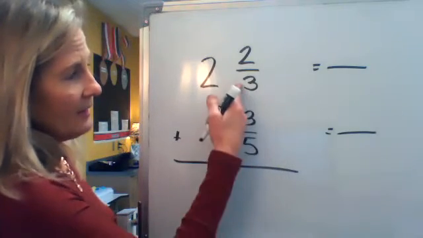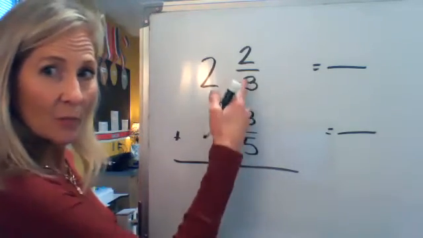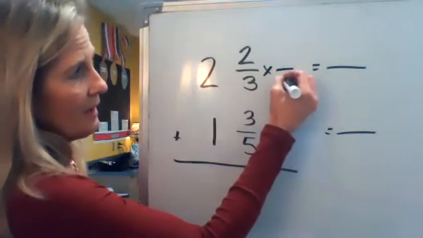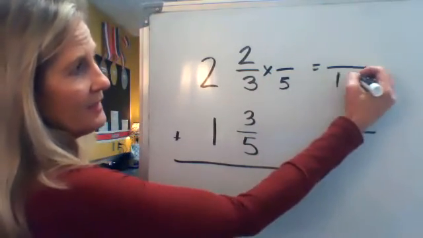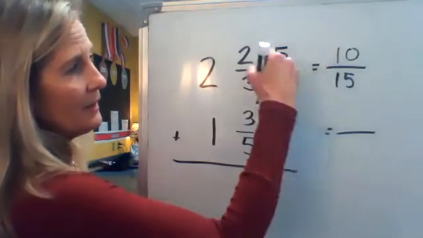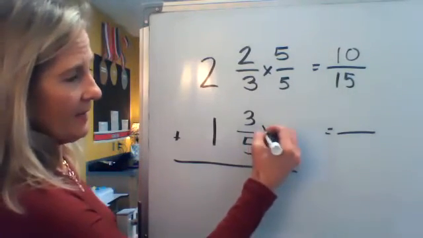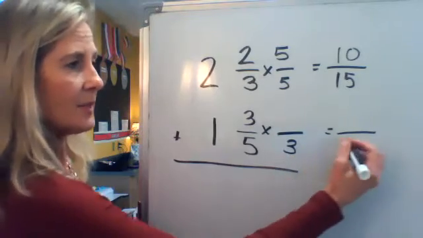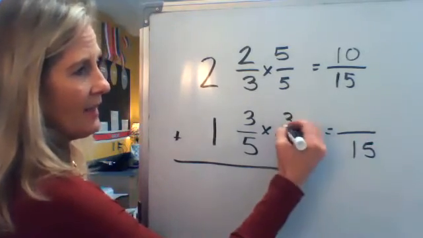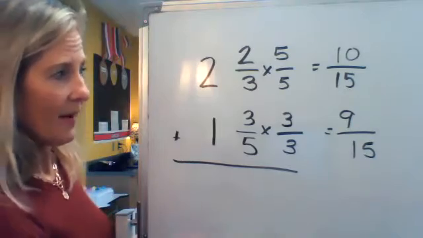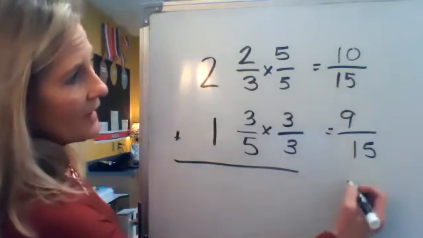I know that 15 is a multiple of both 3 and 5, so I will do that. 3 times 5 is 15. And I also will multiply the numerator by 5. And then down here, I need to multiply by 3. 5 times 3 gets 15. And then the top numerator is also multiplied by 3. So altogether, you're going to end up with